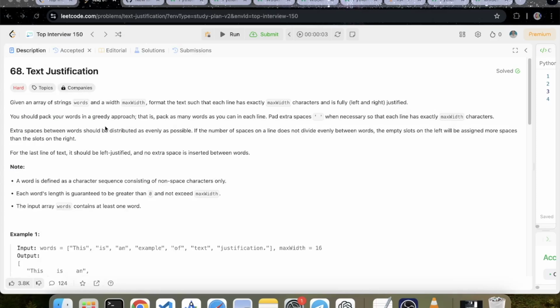Let's see this LeetCode problem. What is its statement? Text justification. Given an array of strings words and a width maxWidth, format the text such that each line has exactly maxWidth characters and is fully left and right justified. You should pack your words in a greedy approach, that is, pack as many words as you can in